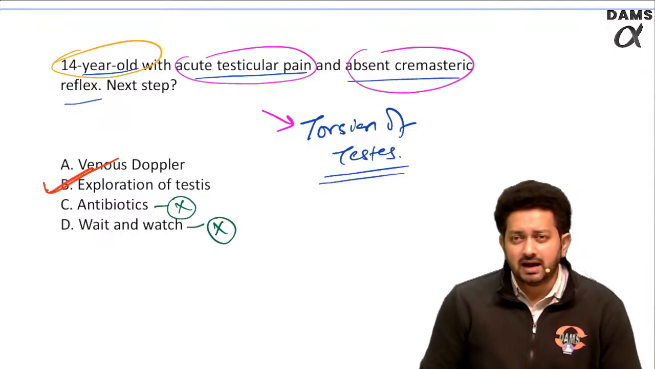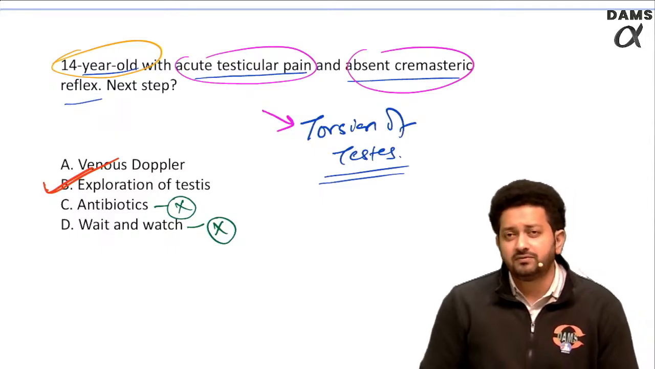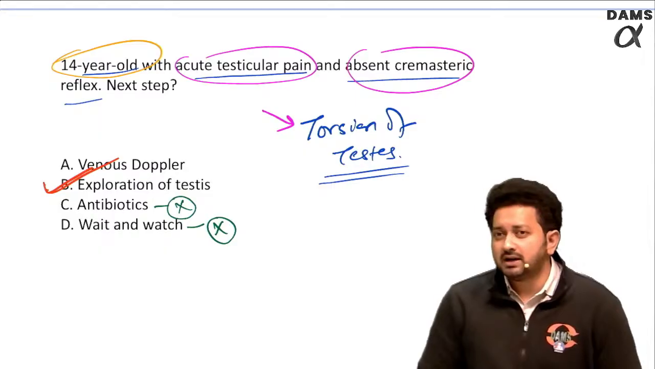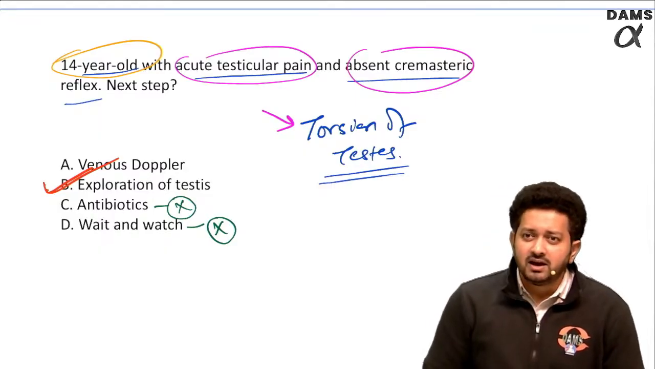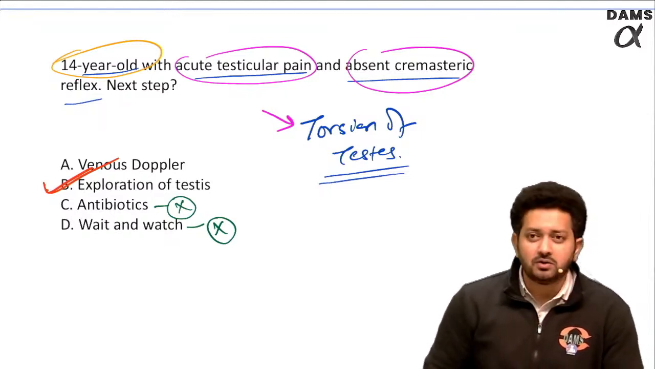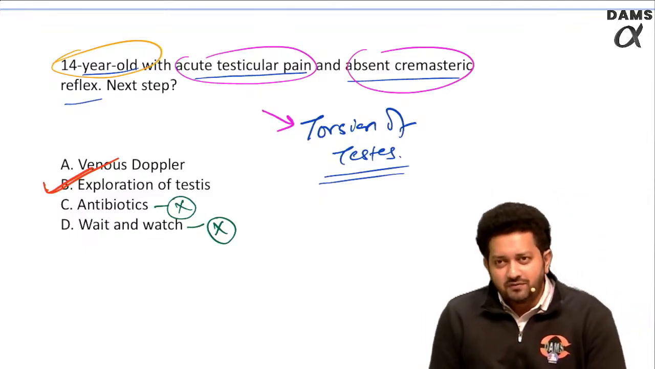And if it is healthy, then you do orchidopexy on both sides after detorsion. But if the testis is gangrenous, you remove this testis, but do the orchidopexy of the other side. Referring to a higher center is something which might land you up in the court of law for negligence. So refer to the higher center